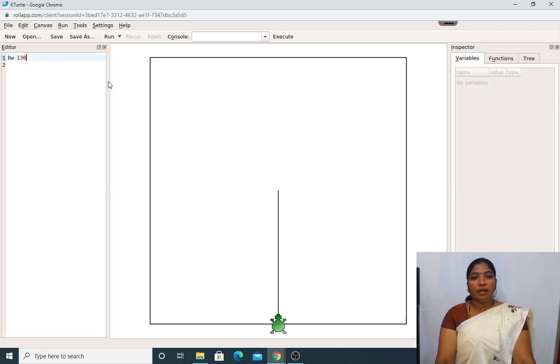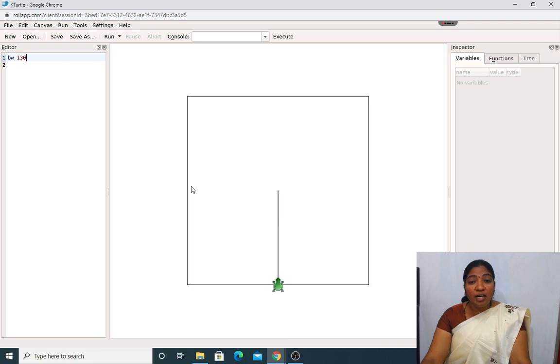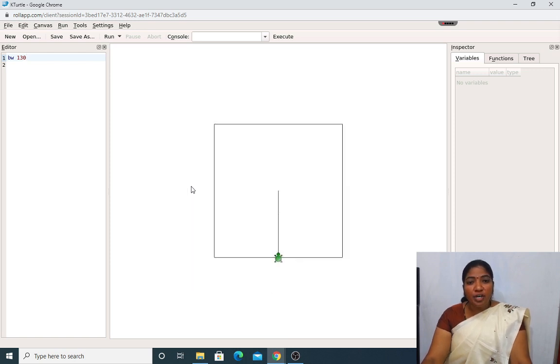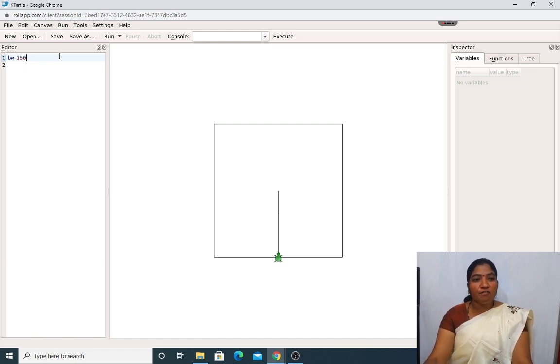Again run it. Again it will go back. In this editor, if you are unable to see the turtle, you have to make use of the scroller which is present on the mouse. Just go in the decreasing order. Look here, my dear student. To decrease the canvas editor, I will make use of the scroller in the front direction. Again I will change the cursor position like 150. Again I will run it. Again it will go back.